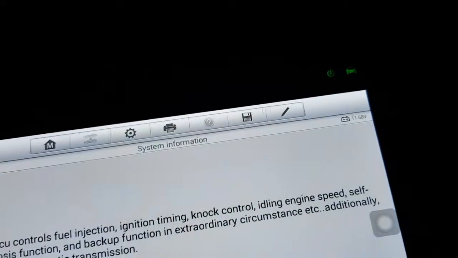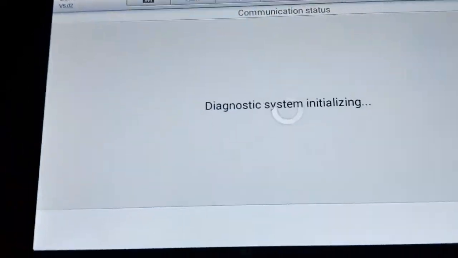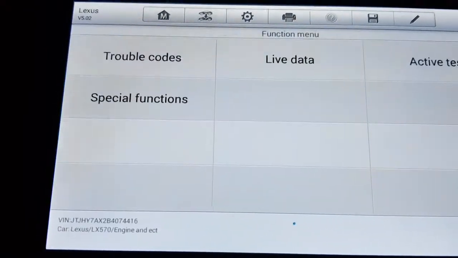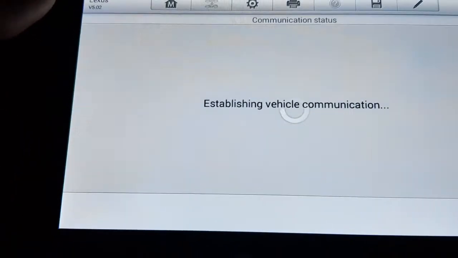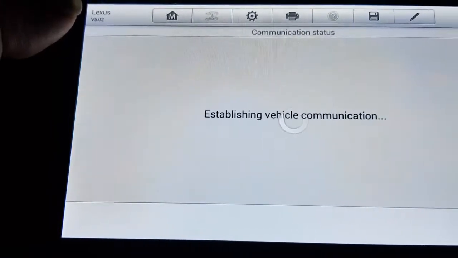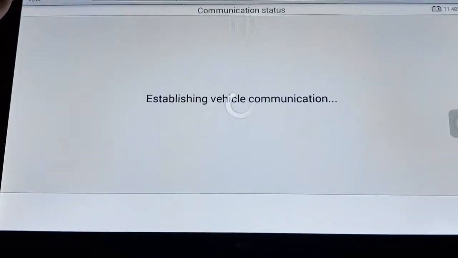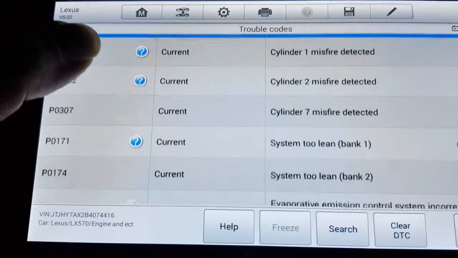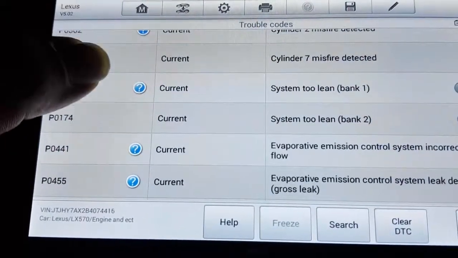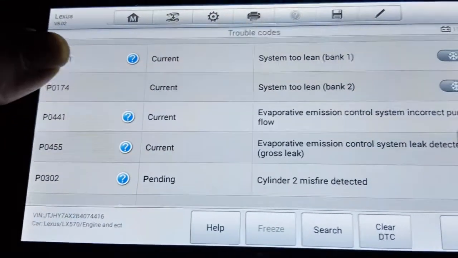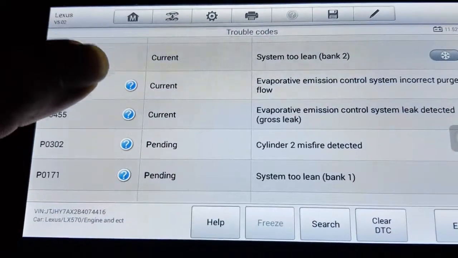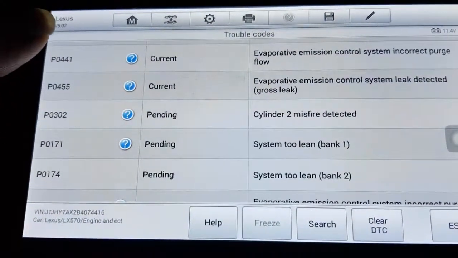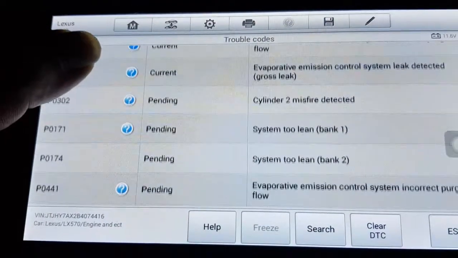Let me go to trouble codes. As you see, we have misfire, system too lean bank 1, system too lean bank 2, evaporative emission control system leak detected, and multiple misfires.